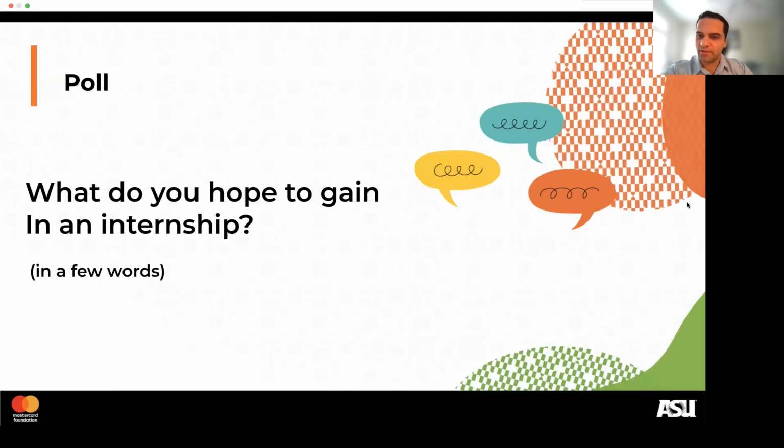Practical experience, excellent, of course. Industry standards, paid, leads to a full-time job, really good. I love it. You're already talking from the heart of what this is about, for sure. This is the core. On-the-job hands-on experience, practical learning experience, networking, excellent. Apply what you have learned in your field, very good. Yes. Consistency, professional learning, experience and networking, very good. These are exactly the right places. You're all in the right way of thinking.